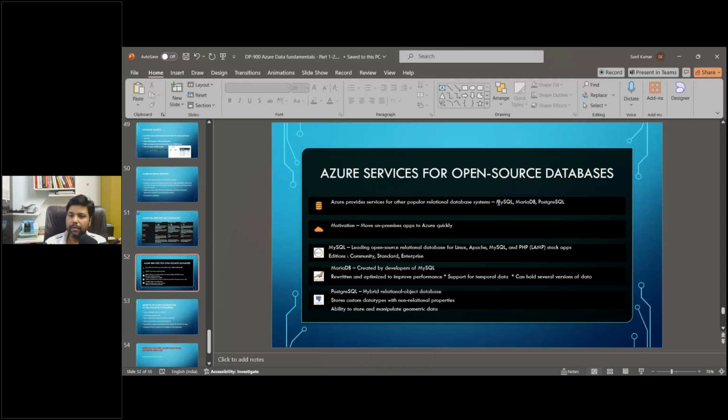Azure provides services for this open source as well, which is basically a community edition, but they do provide support from their end. So in case anything doesn't work in MySQL or MariaDB or PostgreSQL, they're going to support you. And apart from that, you get certain